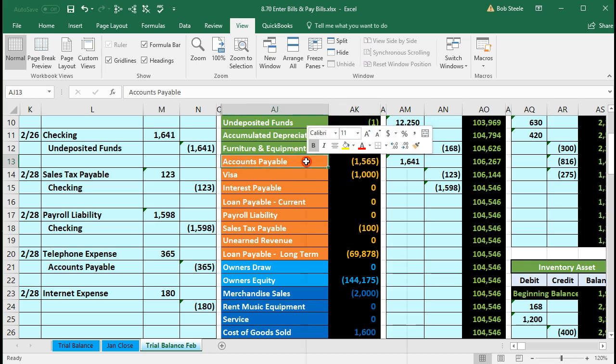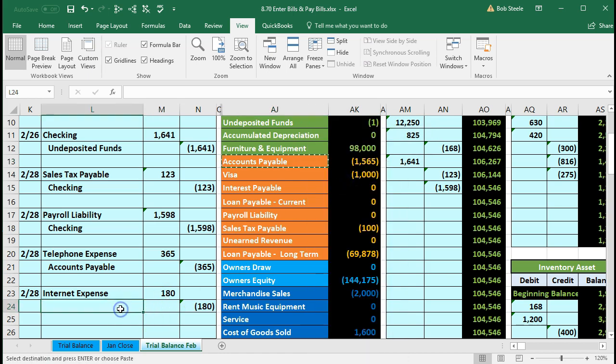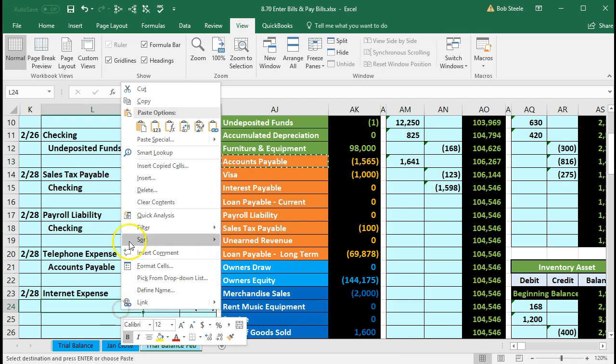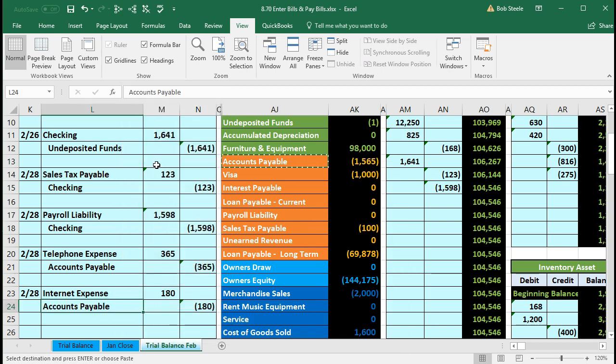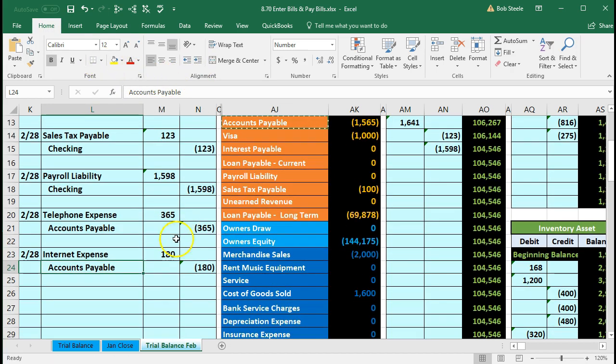So we're going to do the same thing to it, which is another credit. So I'm going to copy the accounts payable, right-clicking and copying. Put that on the bottom in L24, right-click and pasting. Then we'll increase the indent by going to the Home tab, the Alignment group, and increase indentation. Now we've journalized the journal entry in the General Journal, and we'll post it to the General Ledger, starting with